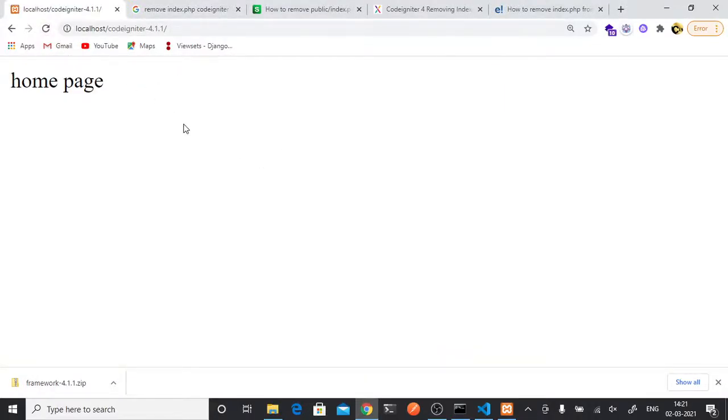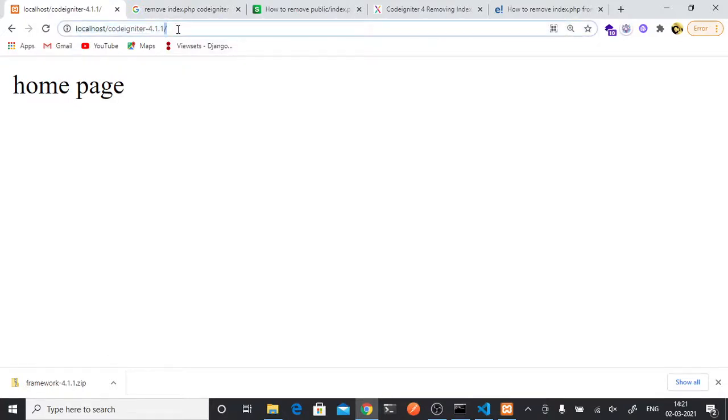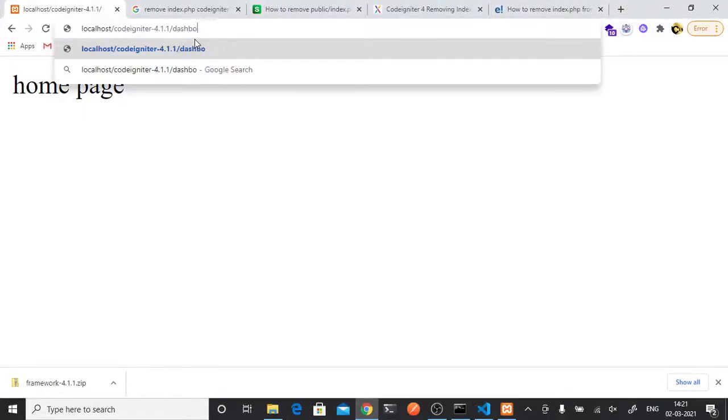So see, now I am going to my home page, and if I want to go to my dashboard, in the URL directly I will write the method name.